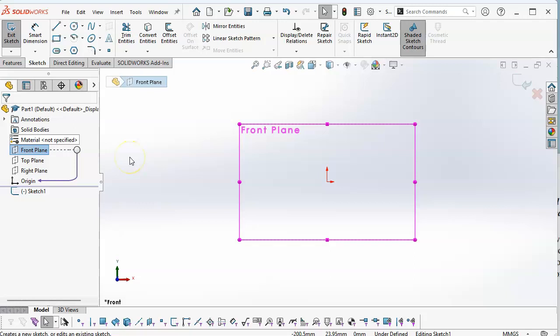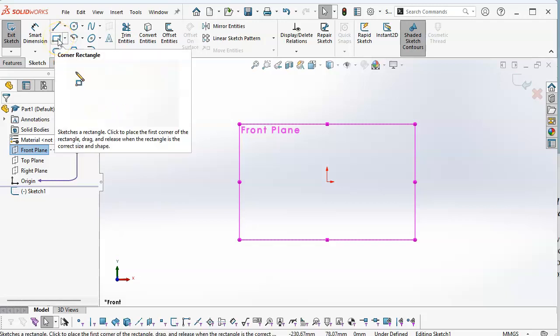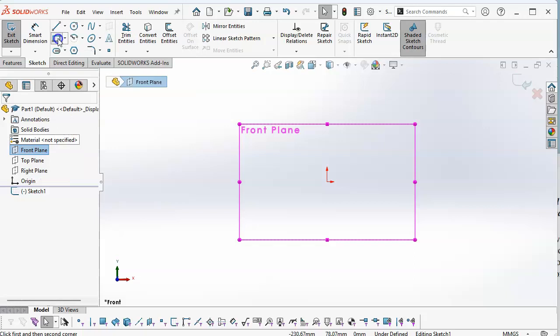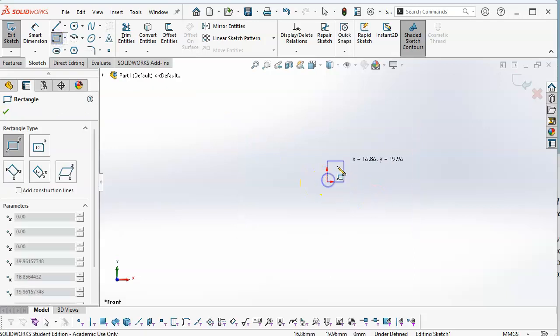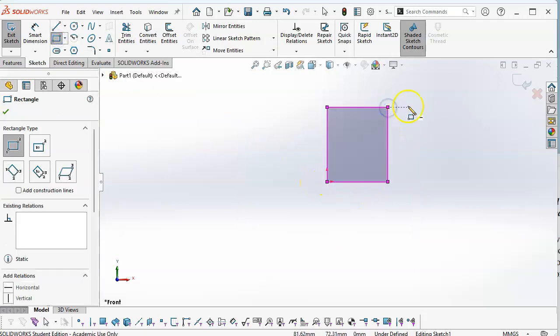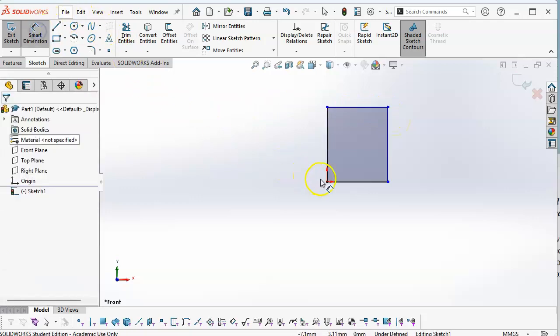Sometimes with operations or going into a command, there might be several ways to get to it. So we'll go with the corner rectangle and click, and then click again. I did a click drag. There's also the click click. I'm going to go into the smart dimension,